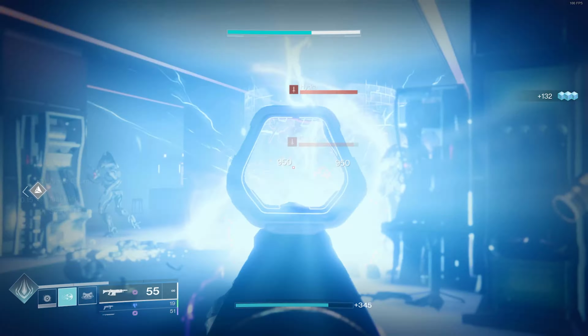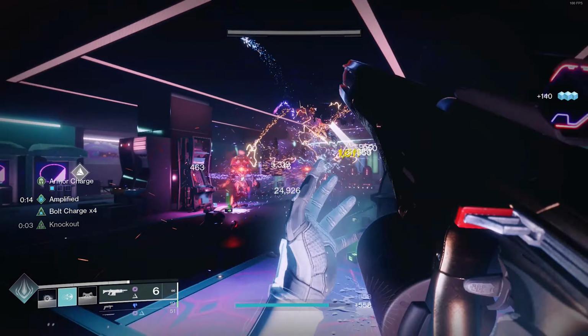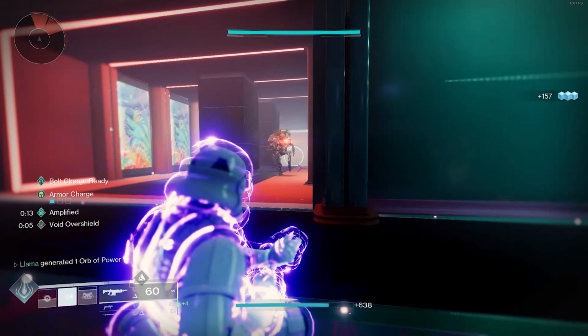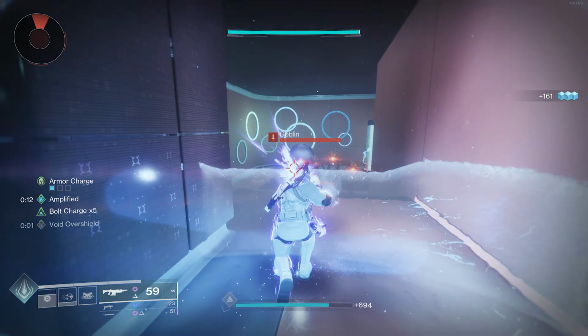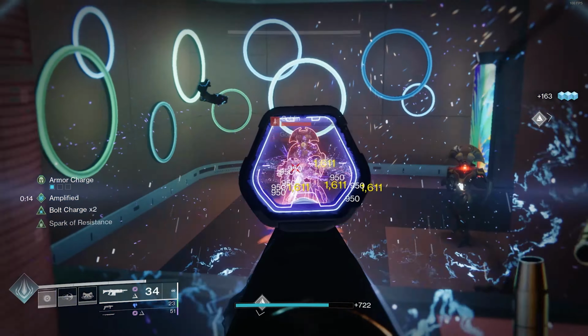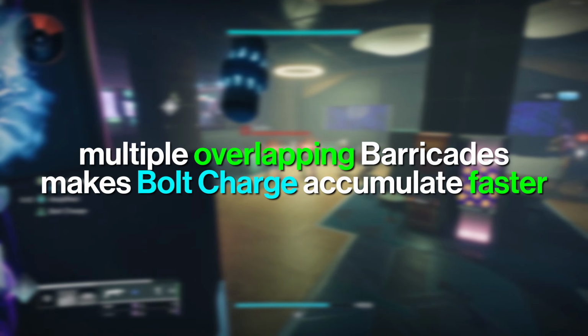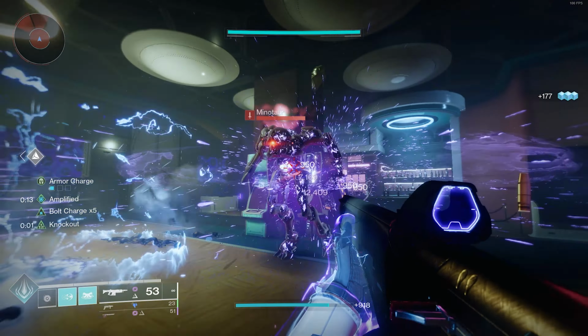You might not initially realize it, but this small change to Bolt Charge's base behavior is absolutely massive. Now, for simply standing behind a barricade, you no longer have to rely on a limited number of abilities to trigger the lightning strikes, but instead can detonate as many as you'd like with your infinite ammo weapons. Furthermore, it's recently been discovered that having multiple barricades overlapping each other actually makes the generated Bolt Charge accumulate faster, meaning you can effectively pump out lightning strikes at the rate of about 1 every 1 to 2 seconds,